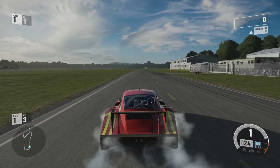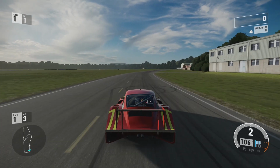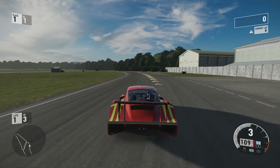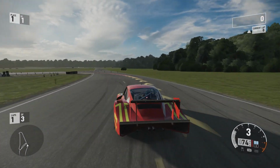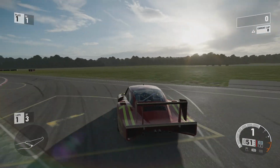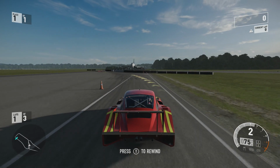Those quad exhaust pipes are absolutely awesome. This car looks really cool. I didn't notice until I got it out on the track that the headlights are way down low. And it's cool to have these older style racing cars. Very cool. Like I said, you can still see the stock lines of like a 911 or 936, but obviously